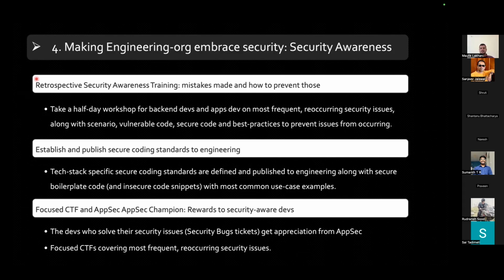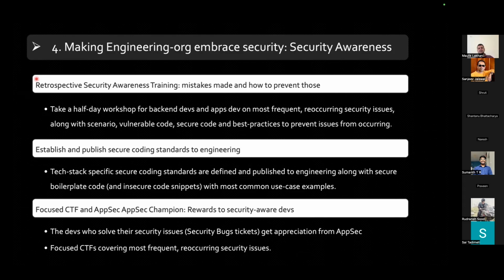So let's say in 1 week you are having training for backend devs who were part of the business to merchant backend org. You say that, hey, we performed security reviews for business to merchant backend, and we found this many security issues. And these are the most frequent categories of security issues. The top is, let's say, authorization. Second is injection.